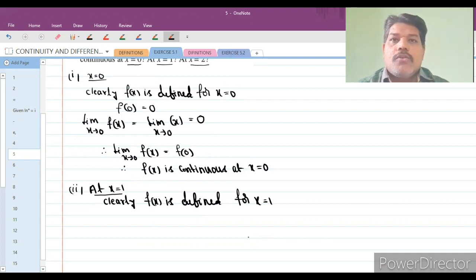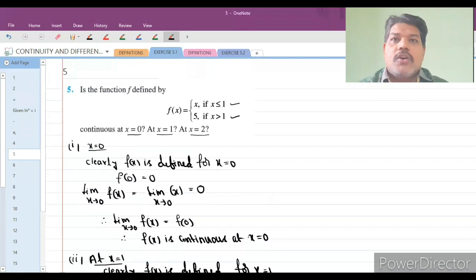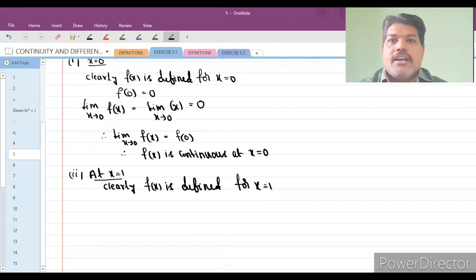So here in the question they have already given that x less than or equal to 1 and x greater than 1. F of x is given like this, x less than and x greater than. So in this case we have to calculate the left hand limit as well as the right hand limit. For x is equal to 0, there is no need to check x tending to 0 minus and 0 plus. But here the function is defined for x less than 1 and x greater than 1. In that case, we have to calculate x tending to 1 plus and 1 minus both. So see this case, first I will take the limit at x is equal to 1.